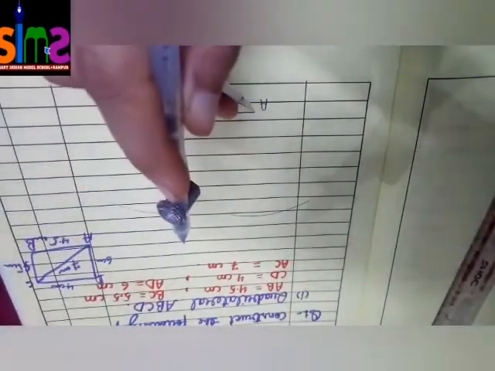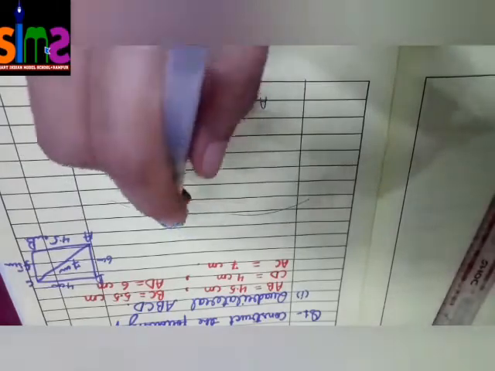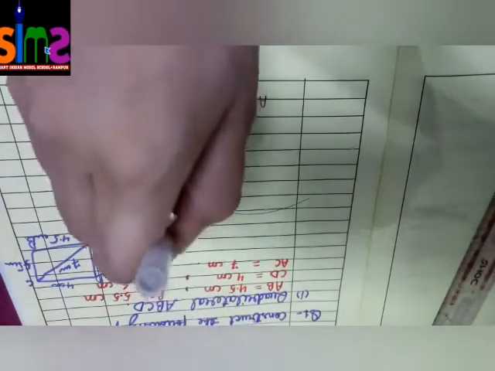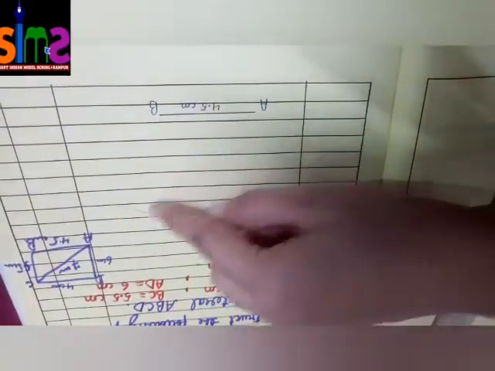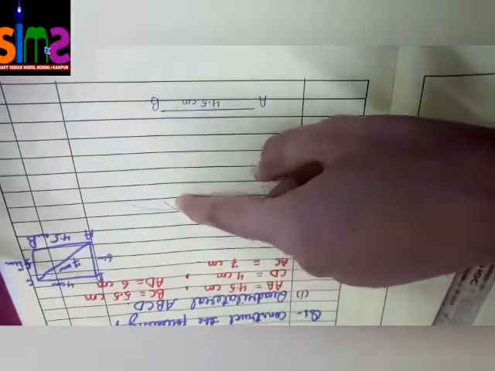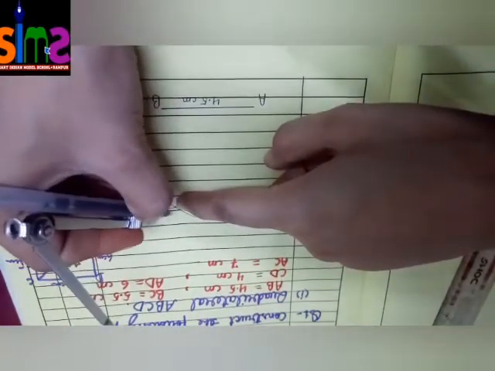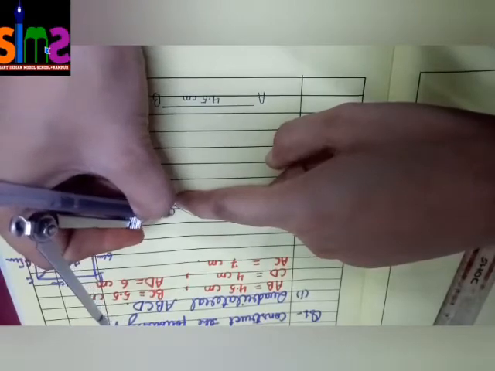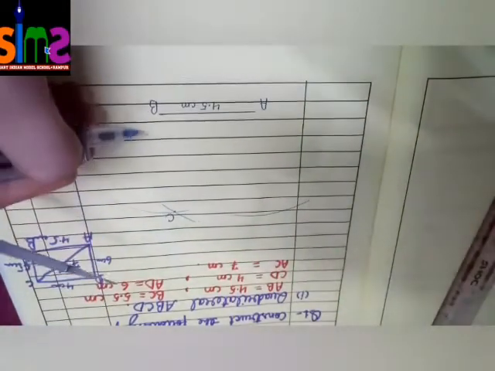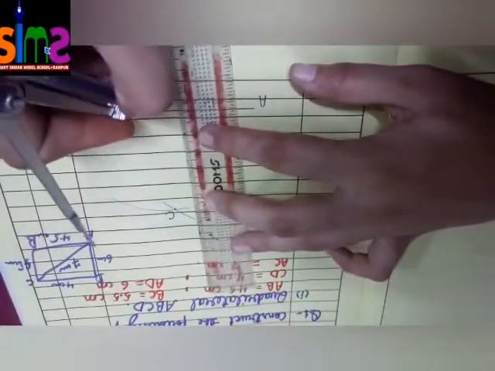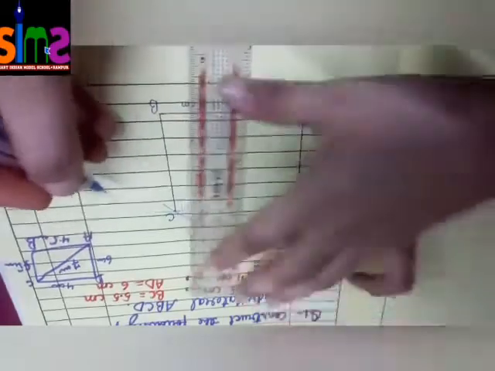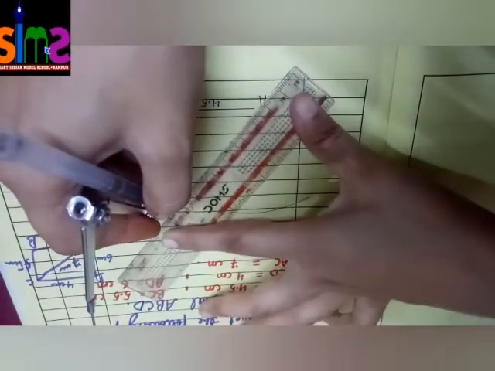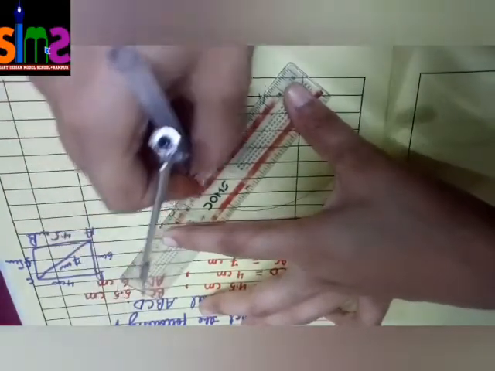So we will put our compass on A and we will intersect this arc. As you can see, this arc of 7 cm of AC is intersecting this one arc here. It means here is our point C. We have found point C. So we will definitely join BC and also join A and C, because we have found point C.